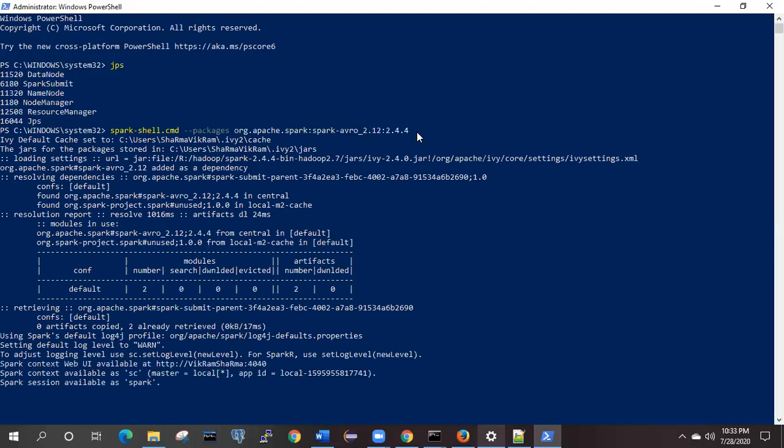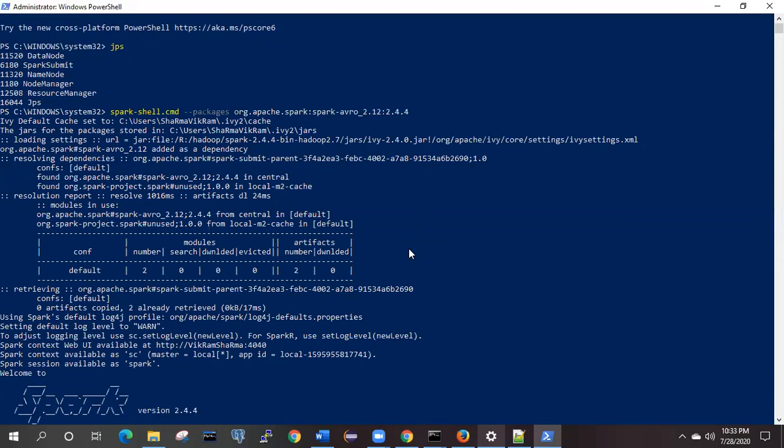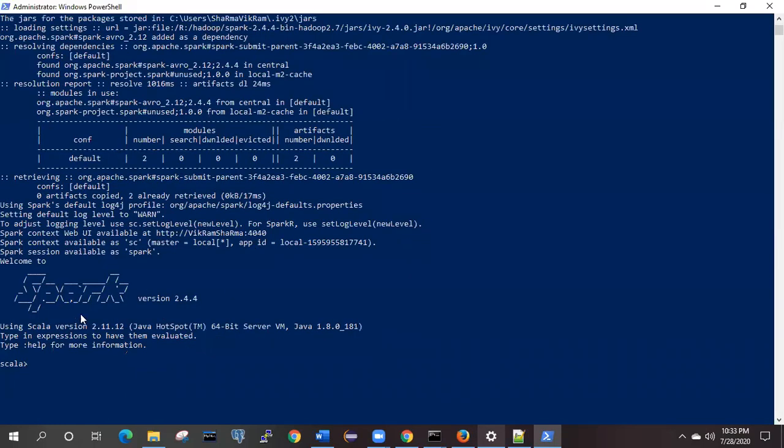Here we are going to demonstrate how to read and write the Avro file in Spark data frames. Now we have Spark running. We have successfully launched the Scala prompt. What next? How we can read the data from the file into the Spark data frame, and how we can write it with partition data.